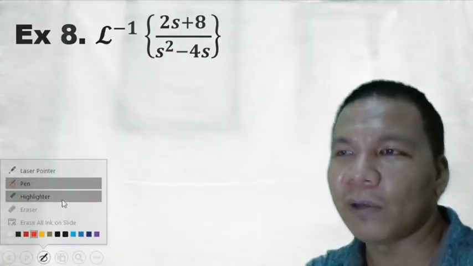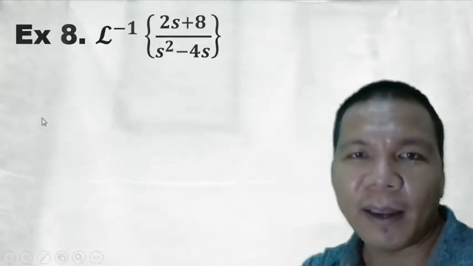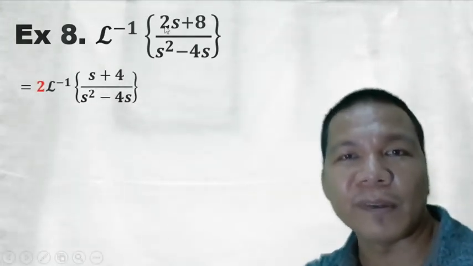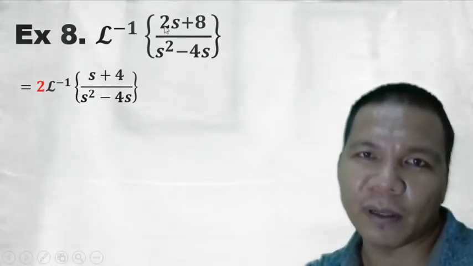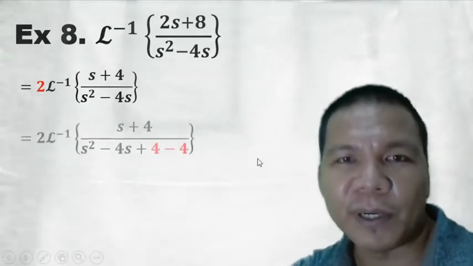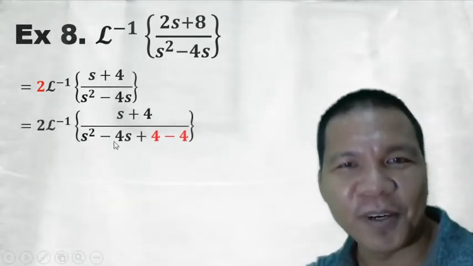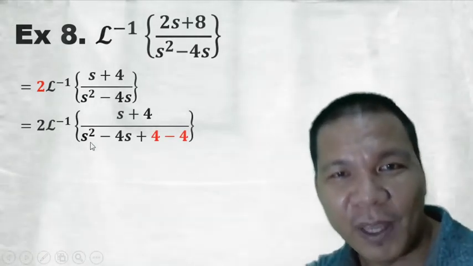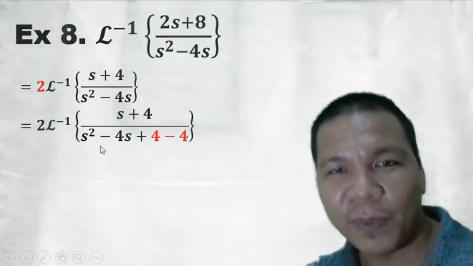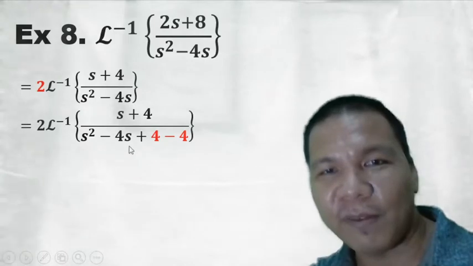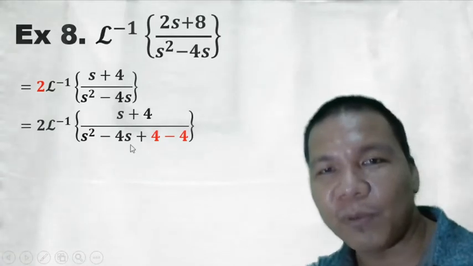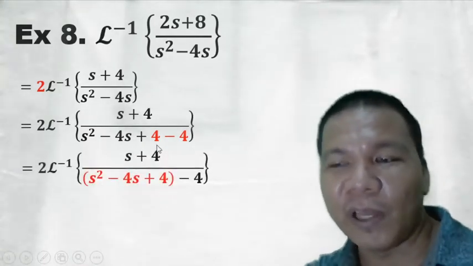So I will erase all the writings and then proceed to the next line. Okay. Our first step is to factor out your numerator, which is 2, and then find a number that will be added to your denominator. So that is 4. Okay, let's review. Square root, that is s. Multiply that by 2, that is 2s. Okay, this minus 4s will be divided by 2s. That's negative 2. Okay, negative 2 squared becomes 4. So if you are going to add 4 here,